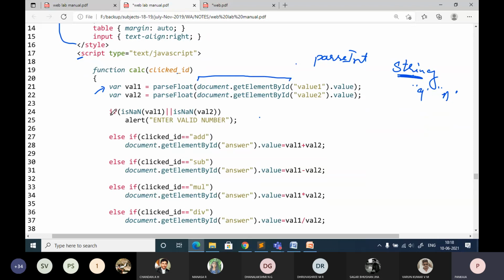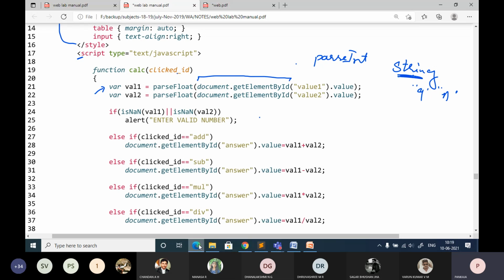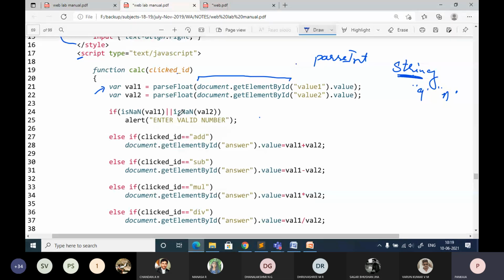So now you need to check. Sometimes what happens, let me just see, I have not entered anything, clear all or refresh. So now I'll click on it. Actually I should get an error, an alert message. I will check it later.